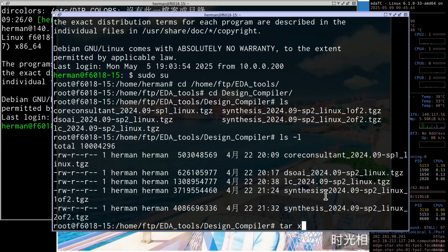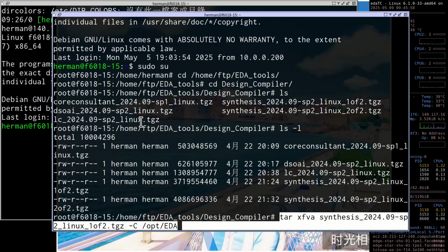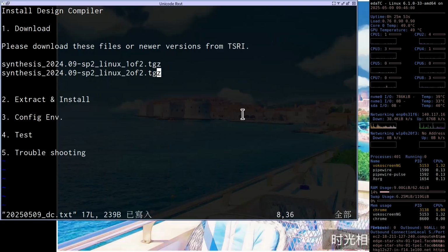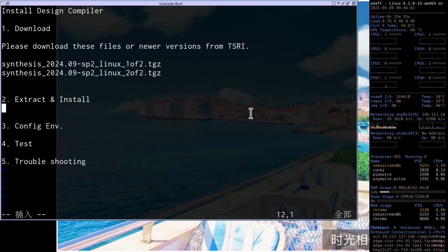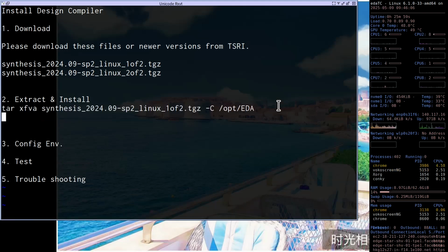Please type tar -xfva. You can see that all the processes are the same. OPT, EDA, remember? Basically, all the installation processes are all the same. So if you follow my guideline, it will be very easy to install EDA tools.